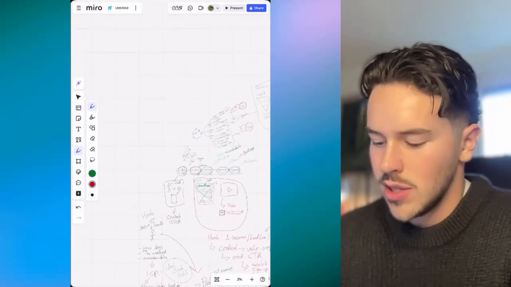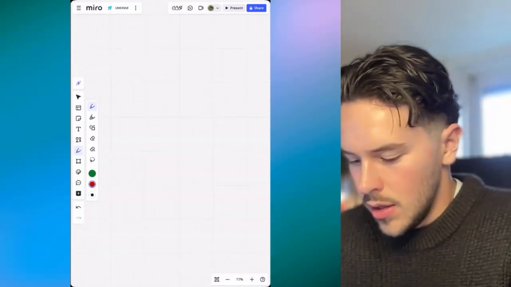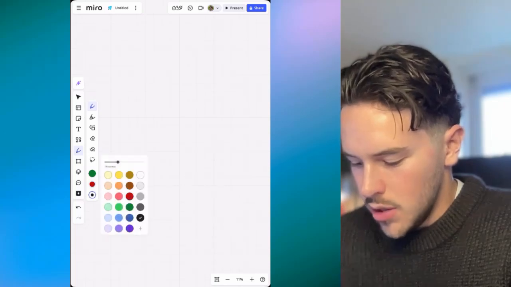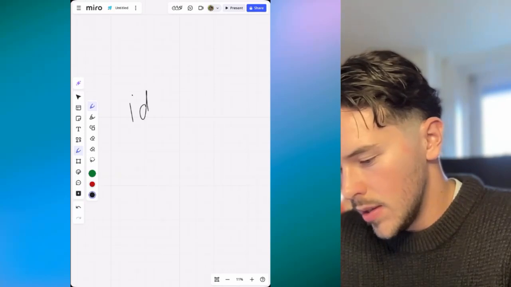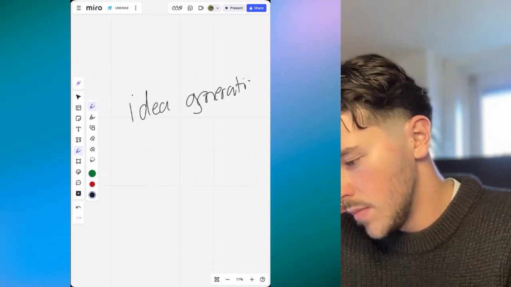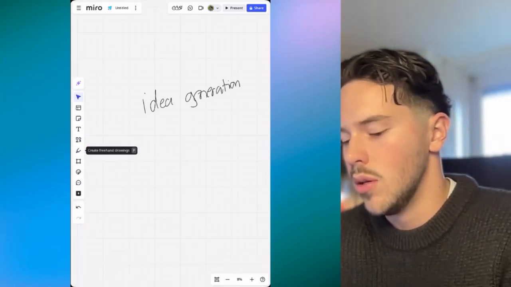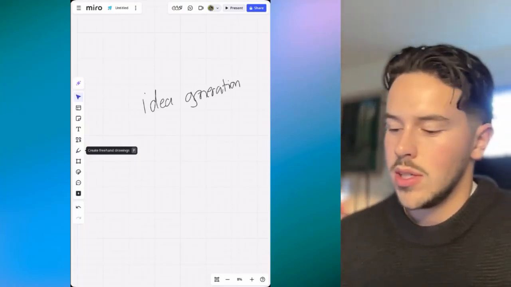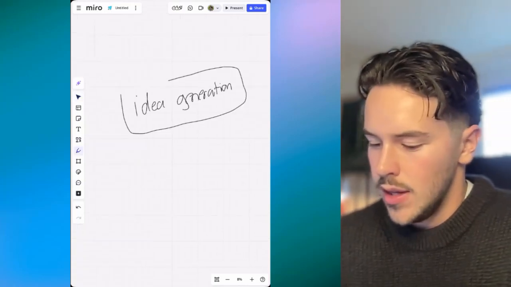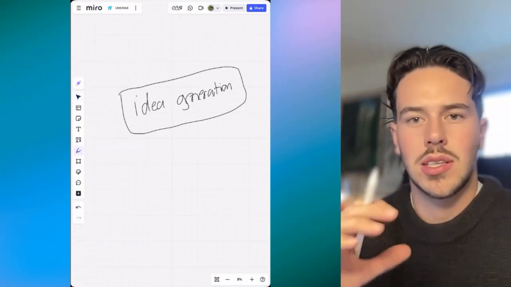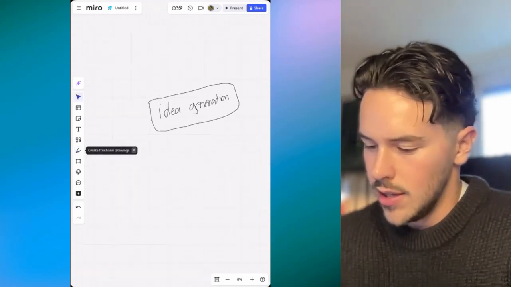I think this is the most important one. So let's get back. For the first part, we're going back to our idea generation. Now you know how idea generation works and why we need to do it. We can look at it as a process guide, and in that way spot what to automate and what not to automate. I think that's an important one.